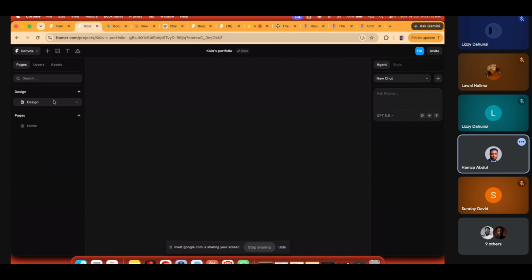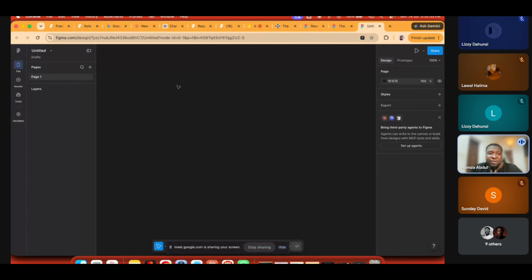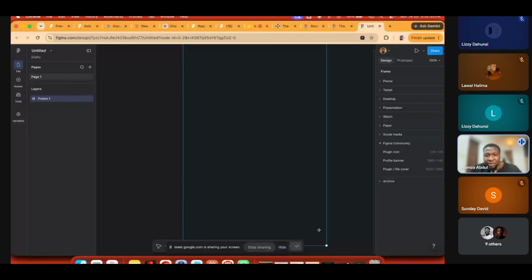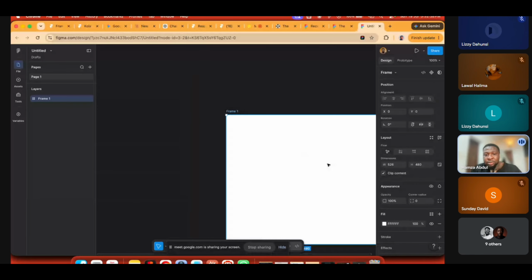But what is this design tab? Let's talk about the features that we have on this Framer here. If you're on this canvas, you see this place called design and this place called pages, right? These pages are what are actually going to go live. And this design is where you can come and design, just like you have in Figma. I can just create a frame and start designing.